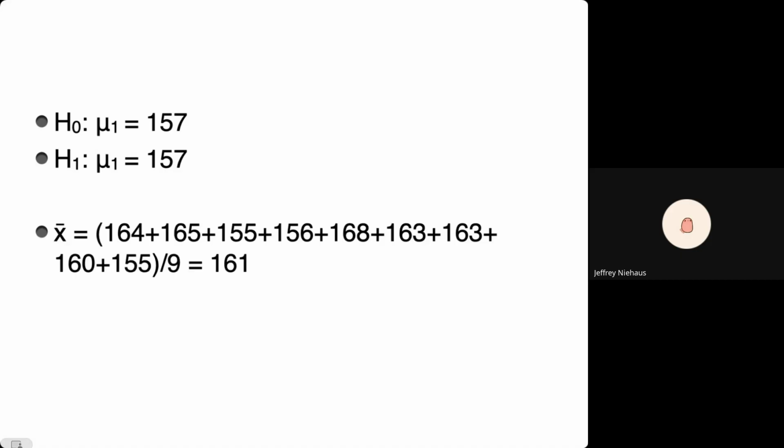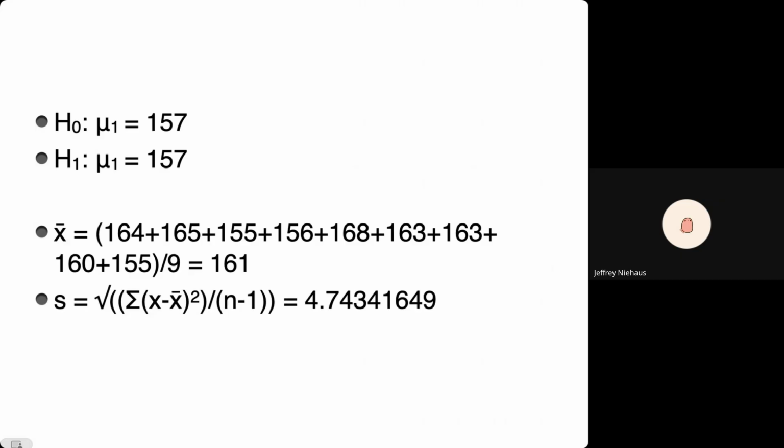All right. The first thing you need is the average, the mean of everybody who took the lab section. That is, add everybody's scores up, divide by 9, you get 161. The other thing you'll need is the standard deviation of everybody who took the lab section. That is applying this old formula that I won't go into detail again, but getting a standard deviation by summing up every difference between an individual score and the mean squared, dividing it by n-1, and taking the square root. That gives us a standard deviation among those 9 scores of